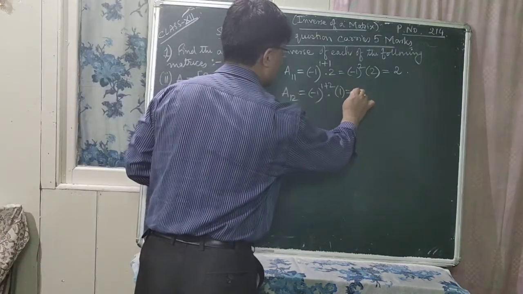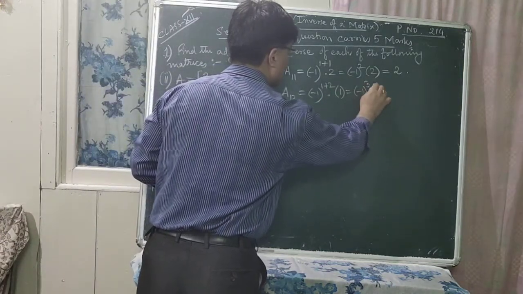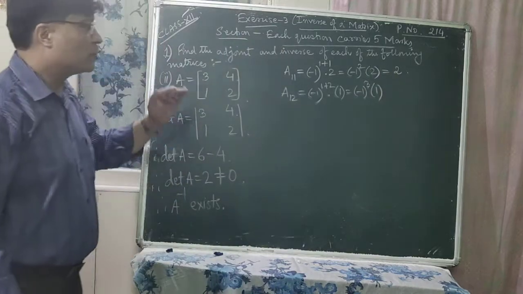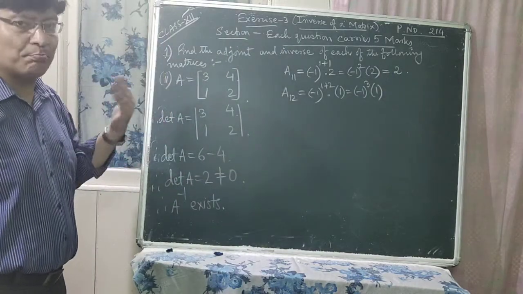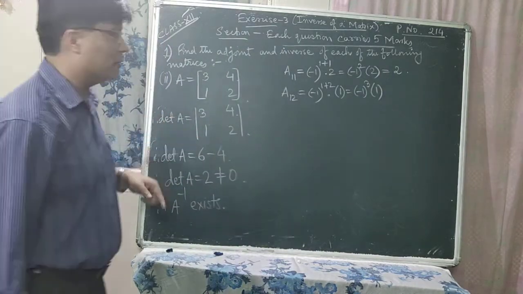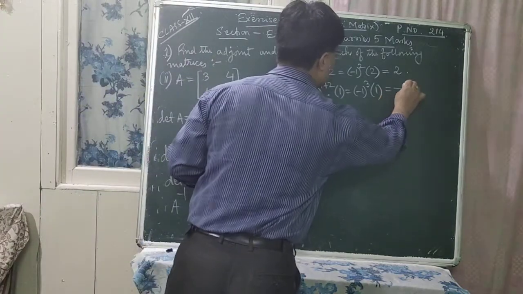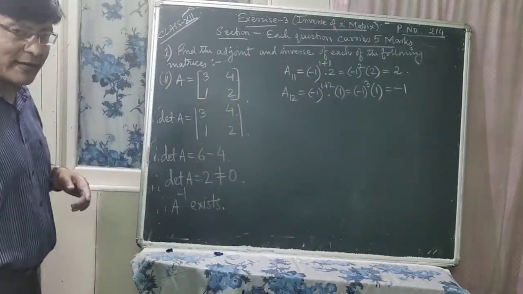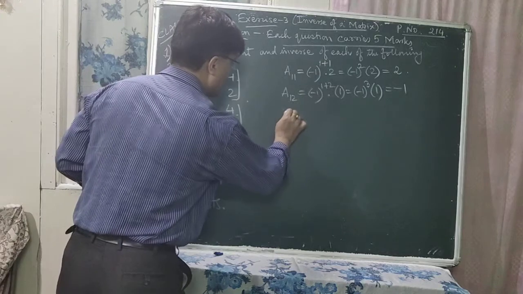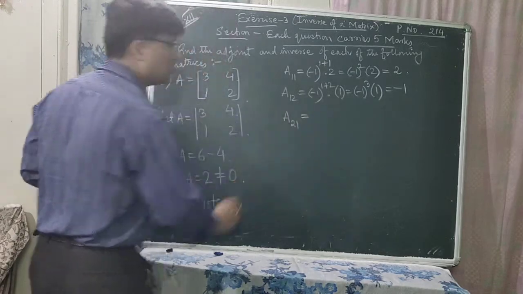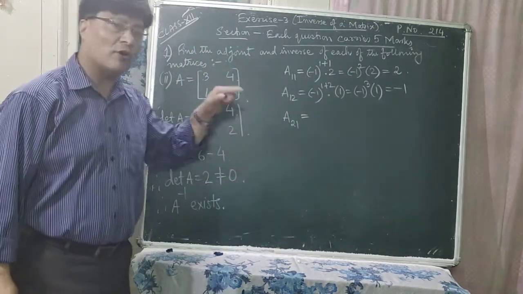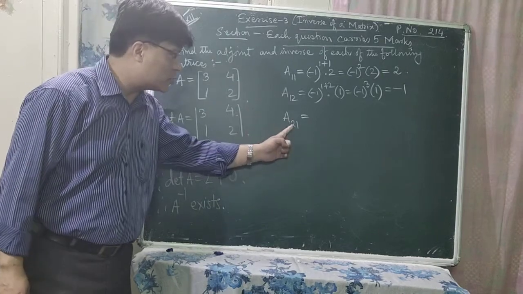So it is 1, which is equal to minus 1 whole cube into 1, right? So minus 1 whole cube is minus 1 into 1. What is it? Which is equal to minus 1, right? Next, a21. That means you have to find out the cofactor of that element which belongs to second